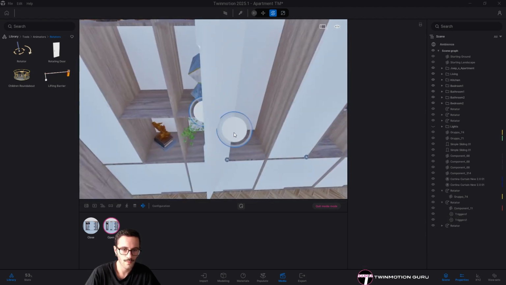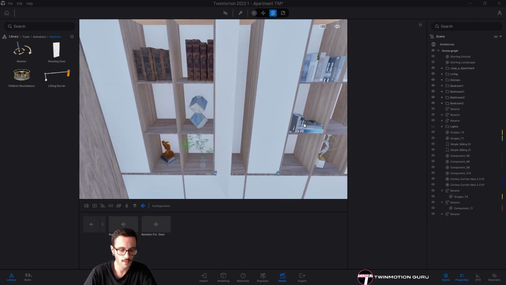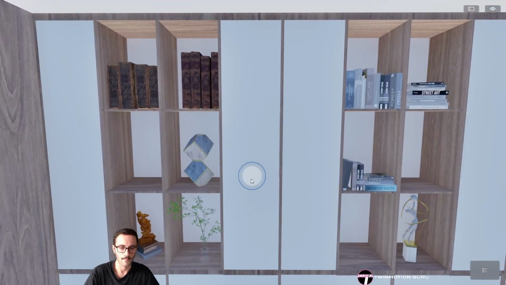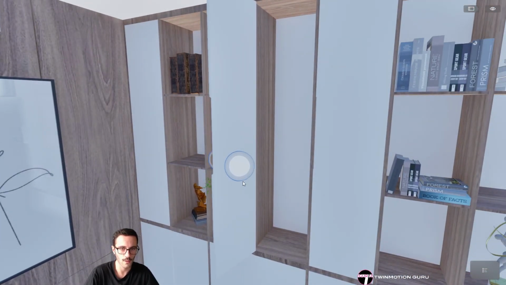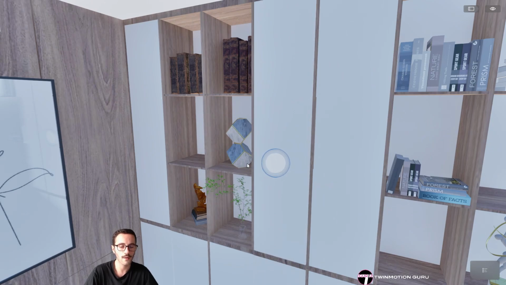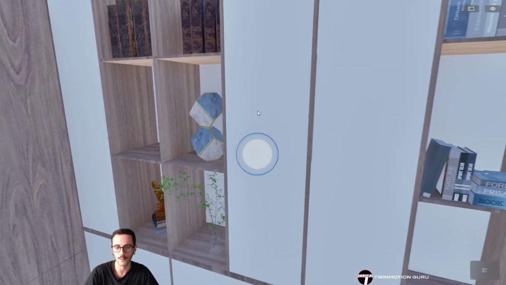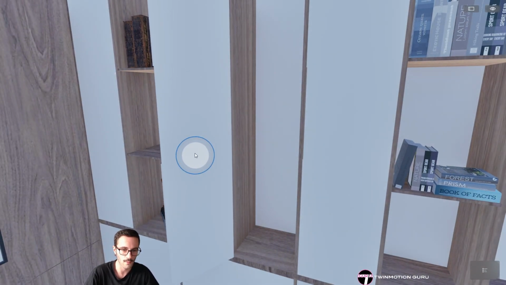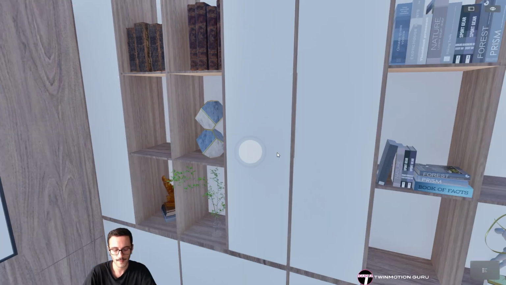So, what is happening right now? Quit media mode, click on F12. Right now, I'm clicking on the first trigger to open the door, and then I'm clicking on the second trigger to close the door. So from now on, I'm not limited to a single trigger to open and close a door, because I have a single trigger to open the door and a separate trigger to close the same door.